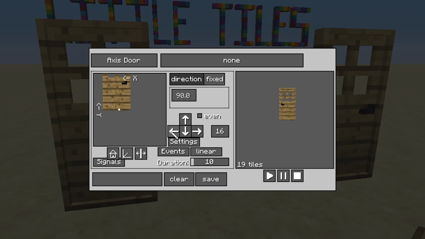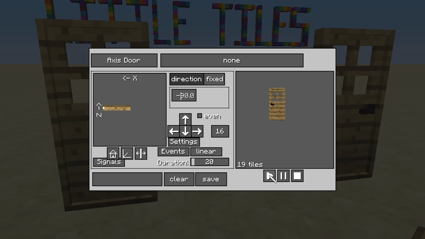But be careful though, because each time you change your view, you will also change on which axis the door rotates. So, after lining it up, always double check that you've got it set in the proper direction. Obviously, there's still duration to change the speed, but if you want to also change whether the door opens outward or inward, you can simply add a minus to the rotation value up here, and your door will open the